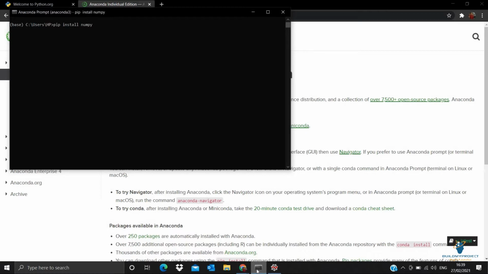And when you press enter after completing the statement, it will download that library. It is taking a bit of time because it is already installed in my system. If you don't have that library installed in your system, then it will try to download that library. Otherwise it will just give a statement that is requirement already satisfied.